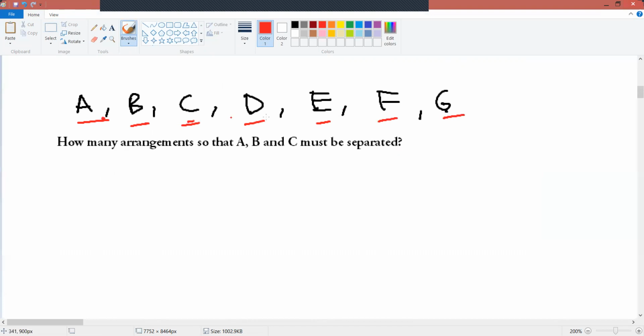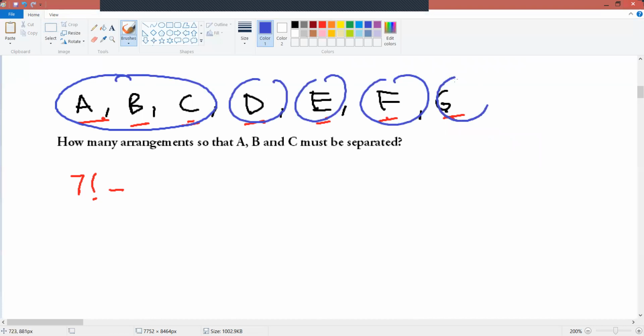Okay, 1, 2, 3, 4, 5, 6, 7, 7 factorial, and then you minus off the ones where A, B, C are together, right or not? So it will be 5 factorial multiplied by 3 factorial, right? So this is actually not correct, because we already